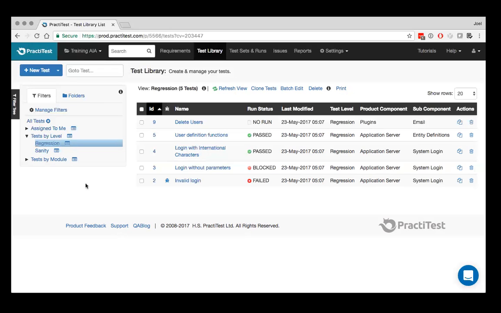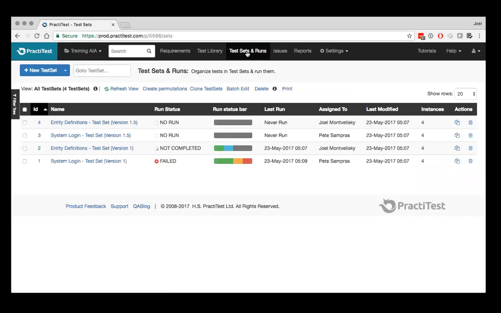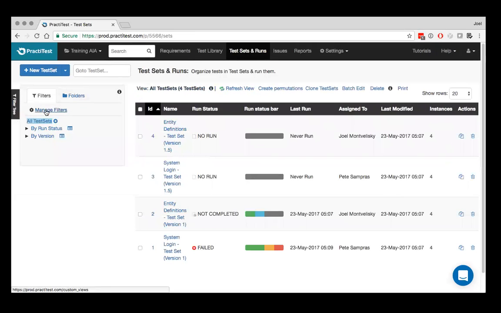So let's move forward. We have our test cases in here. We want to start running them. So let's go over to the test sets and runs. What you see here are 4 test sets. You can have as many as you want within the project. Obviously, they're going to be managed using filters here based on versions or statuses or type of test sets that